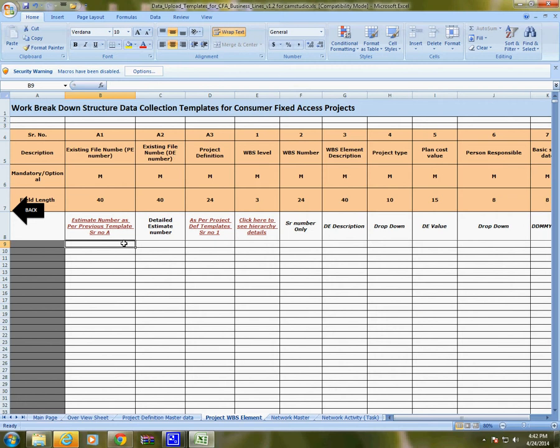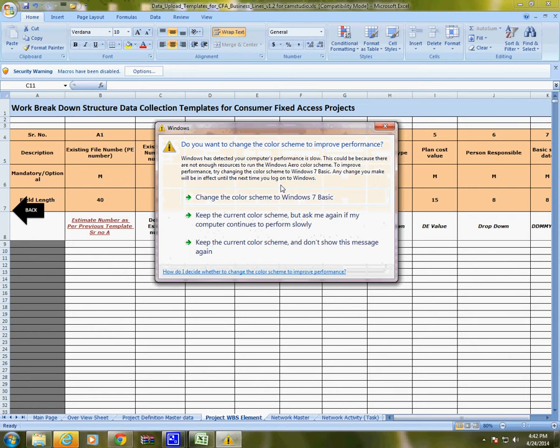So now in the first sheet we have given the information regarding the number of the project. Now in one project we can have more than one detail estimate. For example, there can be a civil work, an electrical work, then A&P exchange work, or some cable installation work.